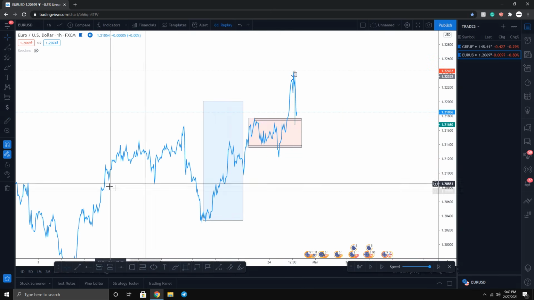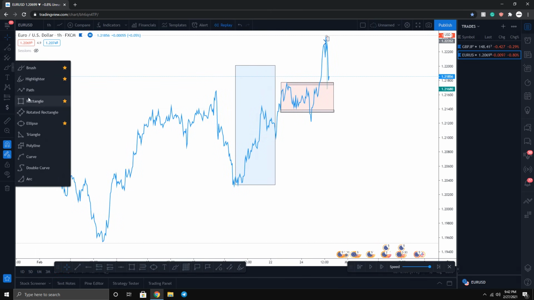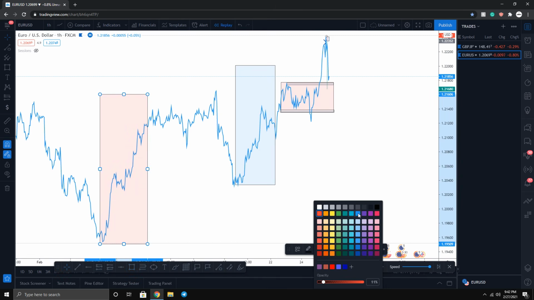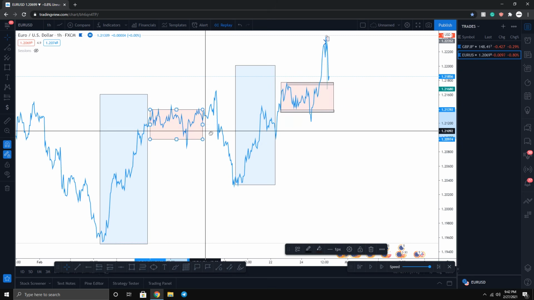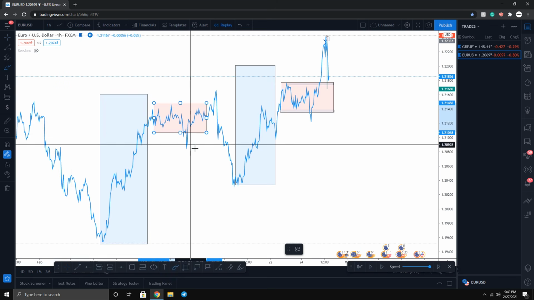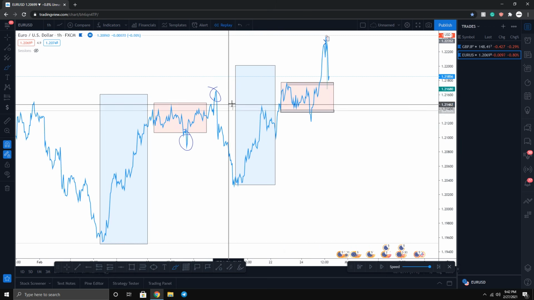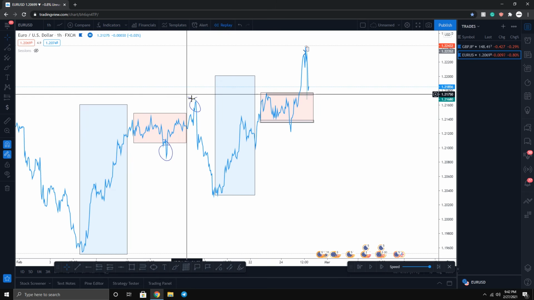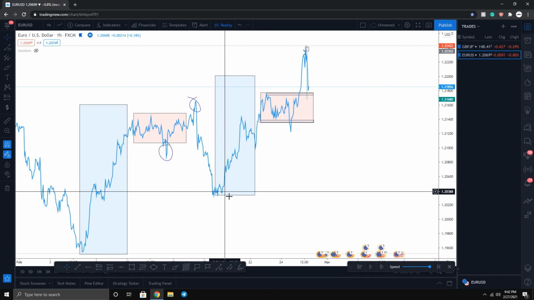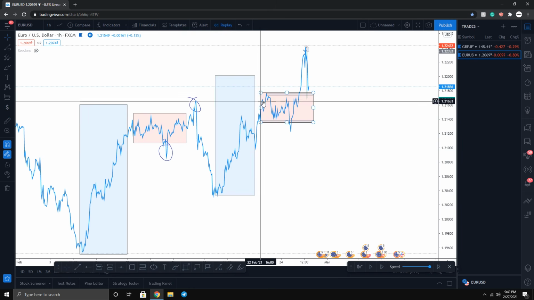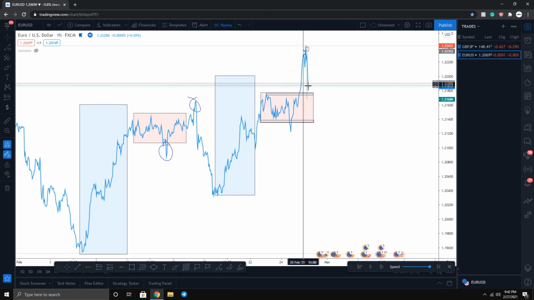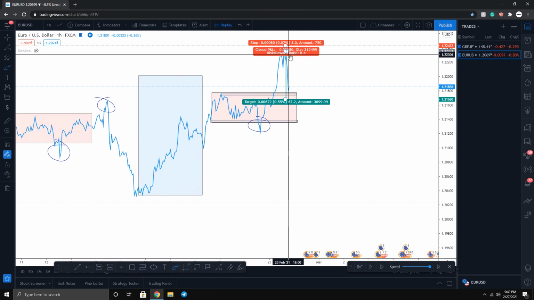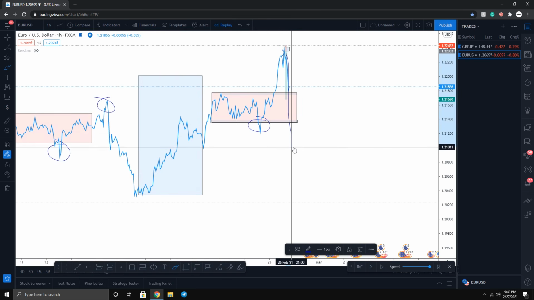Because we want to get in on the expansion, just like over here. The market expanded towards the upside. Make this blue. And then after it expanded, we created the manipulation right over here. The buyers got stopped out, the sellers got stopped out, and what ended up happening? We created a big move of 134 pips. After that expansion, the people got stopped out, what happened? Over here, we created the expansion. Manipulation happened right over here, and then the stop out. Right over here, the buyers got stopped, the sellers got stopped. Now what's left is just for the market to expand and make the huge move towards the downside.